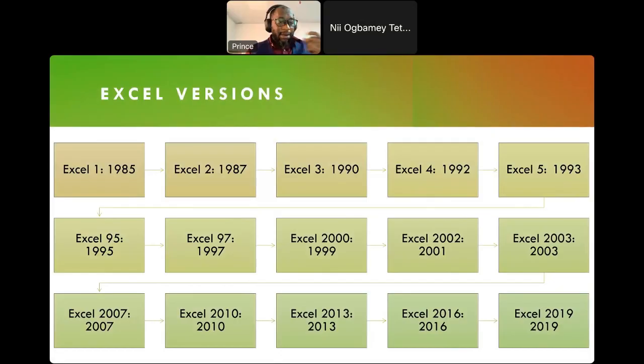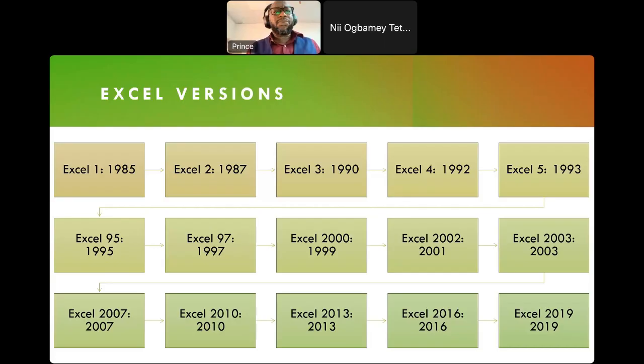Then the subsequent Excel 2 was released for the Windows environment, and that is where the politics came in, buying Mac, buying Windows, because the key thing that most organizations were looking for was a spreadsheet, and Excel came up, very solid. So people were buying Mac computers. So in 87, when the second one was coming, they did it for the Windows environment. Then people started buying Windows. From then, every couple of years, normally 2, 3, maximum 5 years, a new version of Excel comes out.